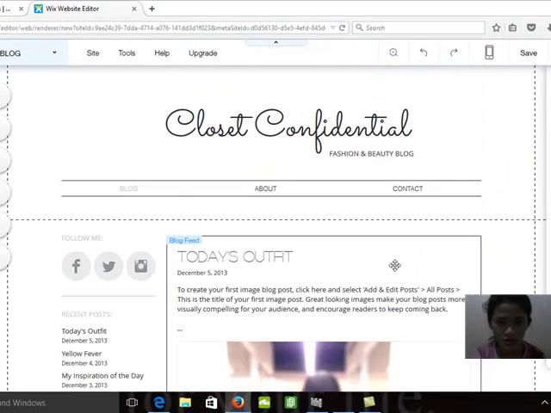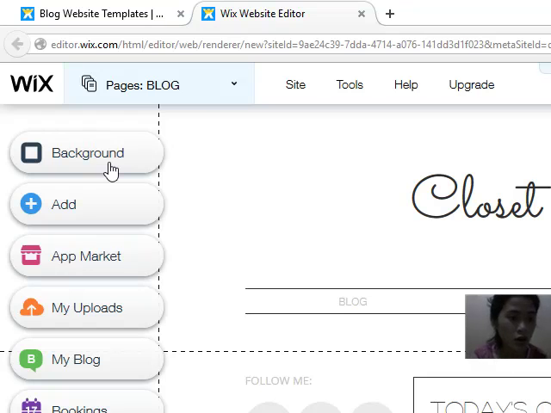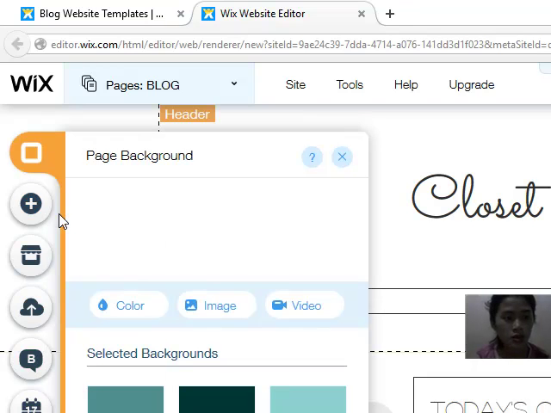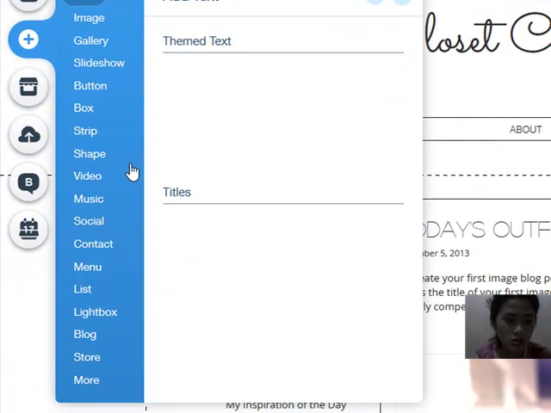So first, if you're going to edit or change the background, click background, and if you're going to add posts, add anything, add page, add blogs, favorites, you can add text, image, gallery, and so on.